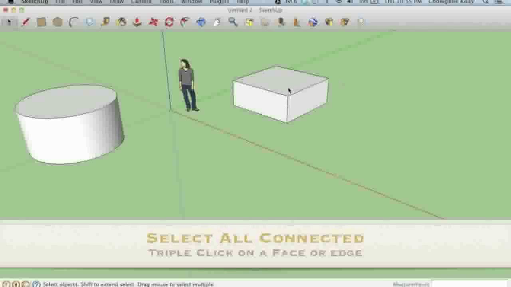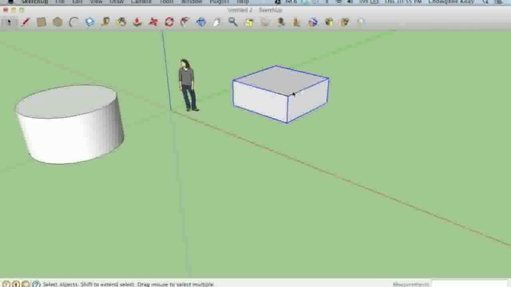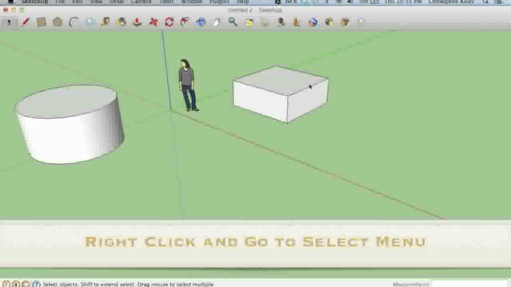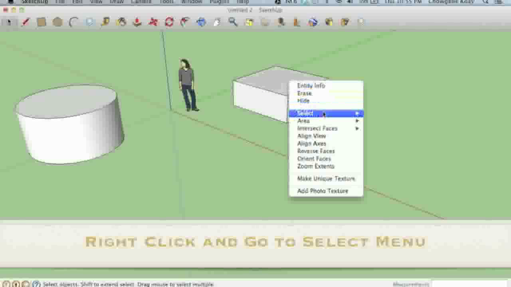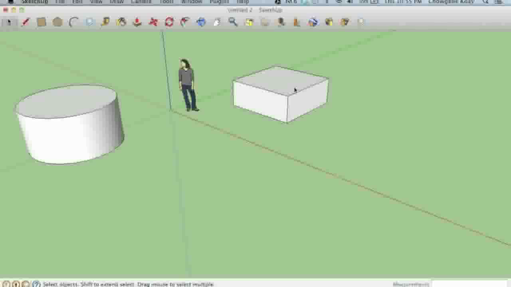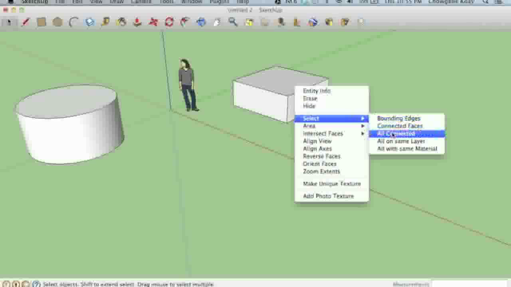Now, if I triple click an edge, oops, 1, 2, 3, it'll select everything that's connected in this rectangular box. Same thing with the face, 1, 2, 3. It'll do the exact same thing. If I right click, I can also select all the connecting edges. Same thing as a double click. Oops, nope, I'm wrong. Triple click will be all connected,